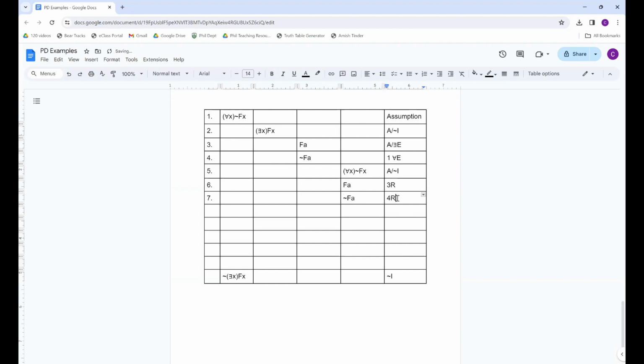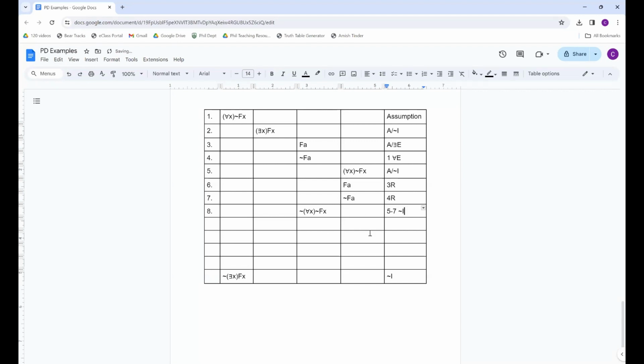This is for R. Now, that means that we have derived this by negation